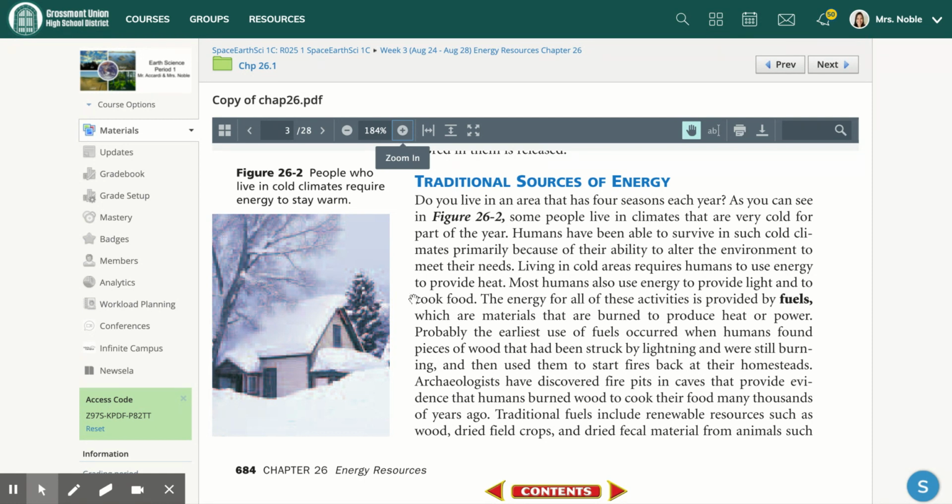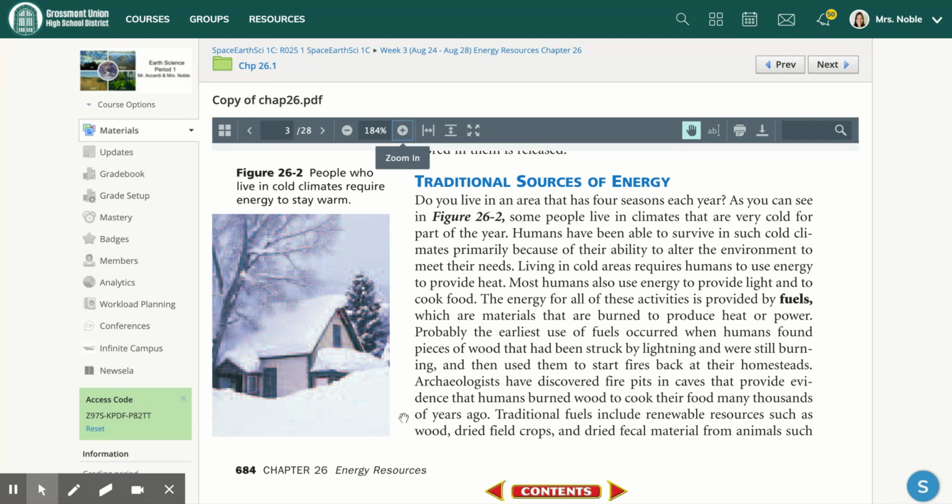The energy for all of these activities is provided by fuels, which are materials that are burned to produce heat or power. Probably the earliest use of fuels occurred when humans found pieces of wood that had been struck by lightning and were still burning, and then used them to start fires back at their homesteads. Archaeologists have discovered fire pits in caves that provided evidence that humans burned wood to cook their food many thousands